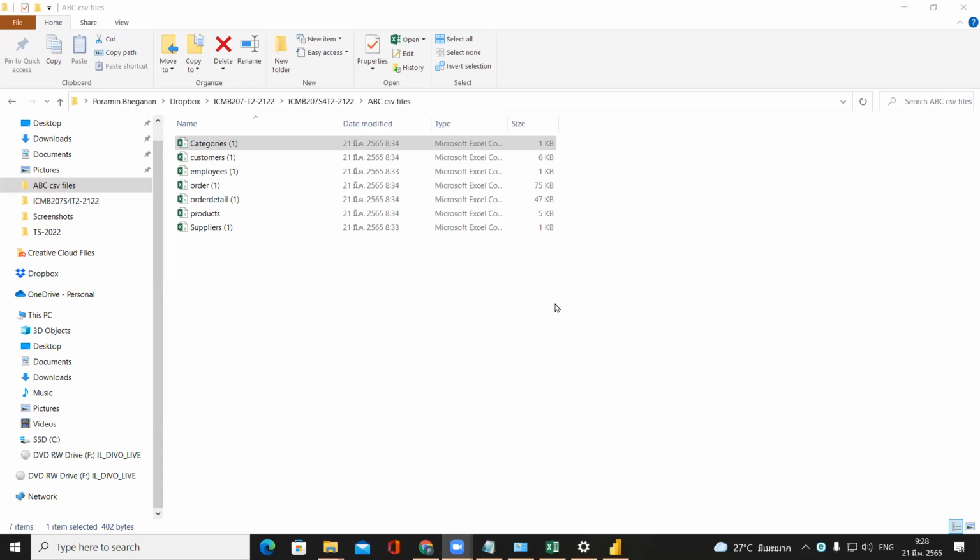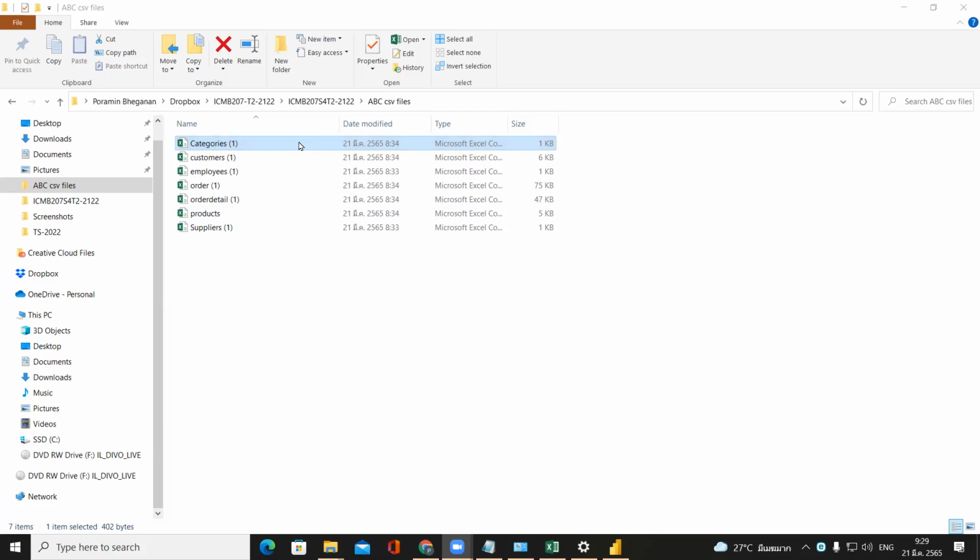But actually for the CSV file, it's just a plain text file. In one file, it has just one set of data only, which is equivalent to one table or one worksheet. That means if you would like to have 7 different worksheets or 7 different tables, you have to get them 7 different times. And don't forget that when you get those files into your Power BI already, data cleansing is really important because normally, especially for the CSV file,